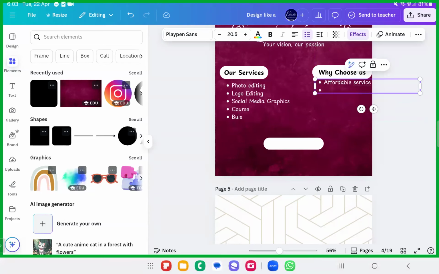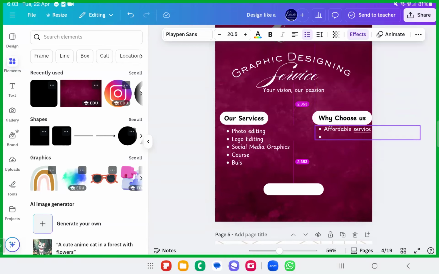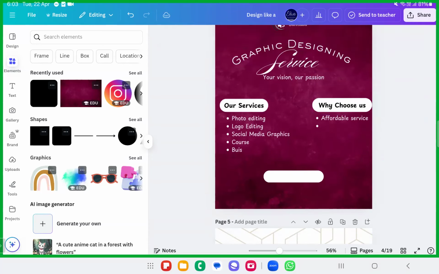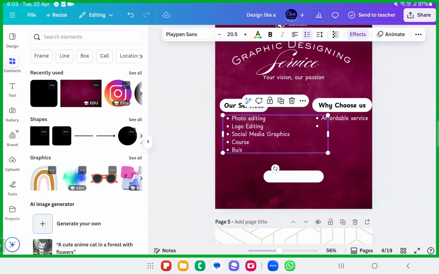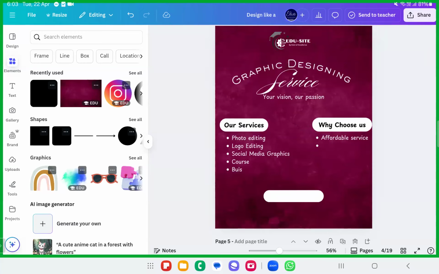I'm going to create a flyer for graphic designing service. I want you to give me some suggestions for this. Okay, you will get it all. Because yes, all of these are the services. Okay, services that you're going to provide. Okay, even audio editing service. Yes, all of these are services. Okay, this is a graphic designing service flyer, dear sisters and brothers.